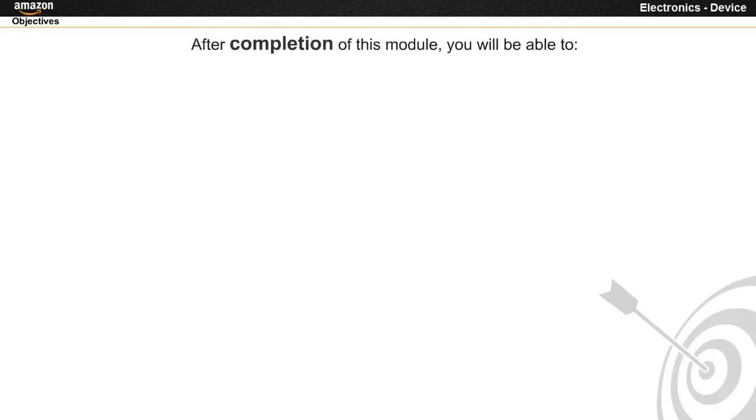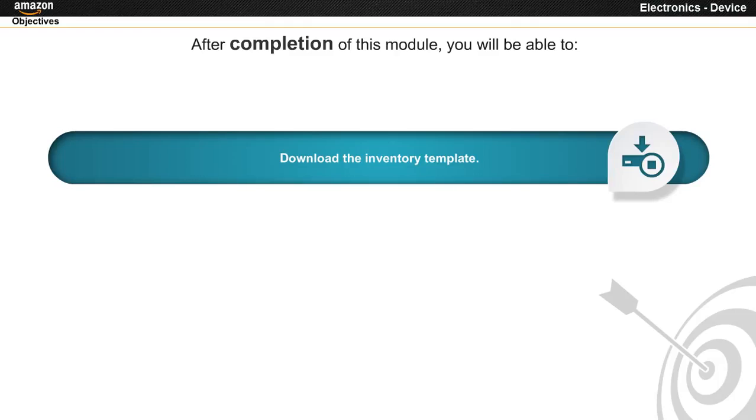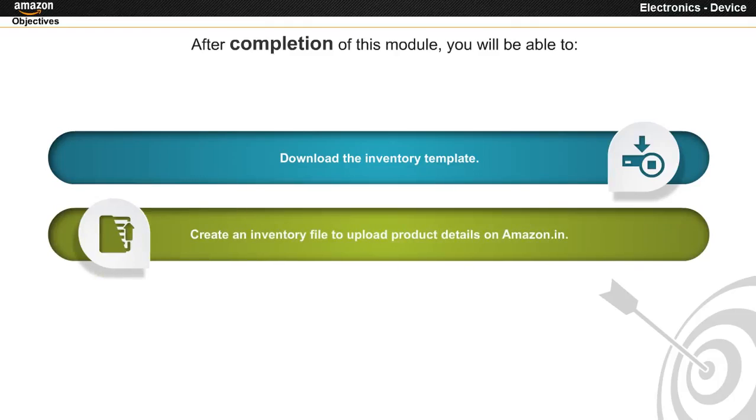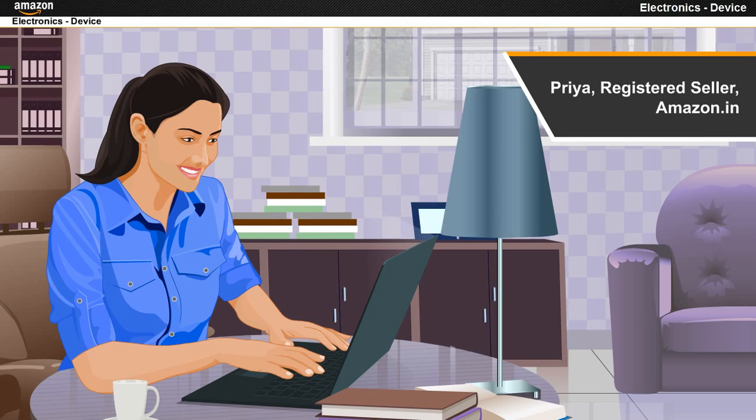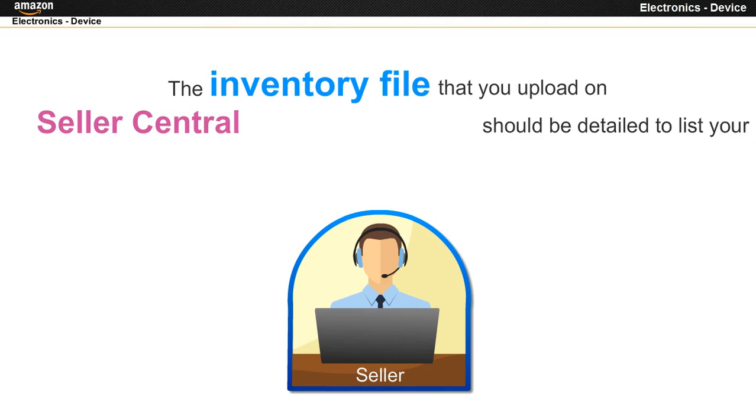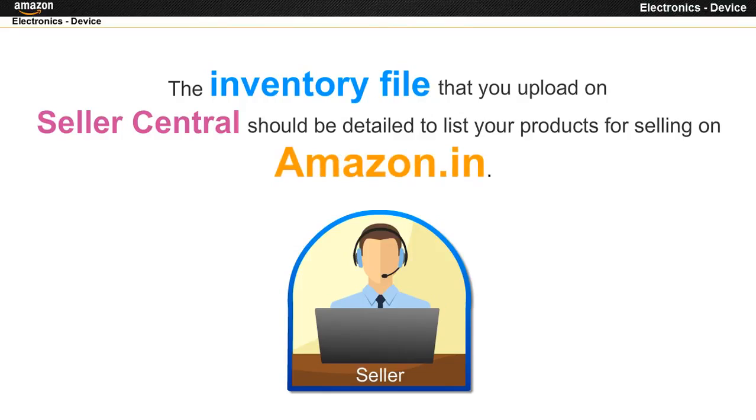After completion of this module, you will be able to download the inventory template and create an inventory file to upload product details on Amazon.in. Priya, a registered seller with Amazon.in, wants to create an inventory file for a product belonging to the electronics device category. The inventory file that you upload on Seller Central should be detailed to list your products for selling on